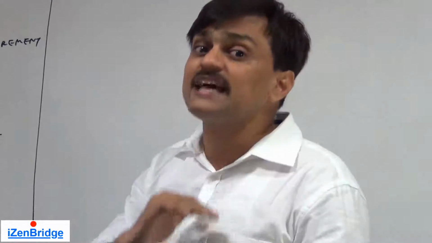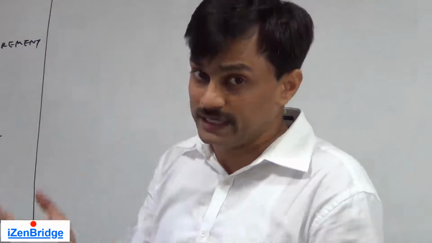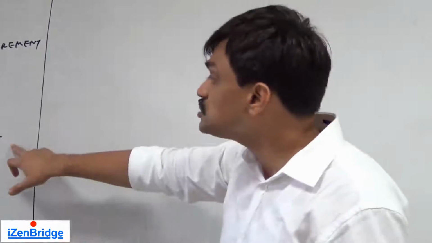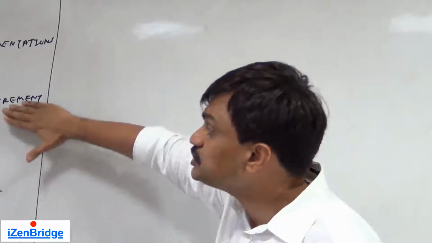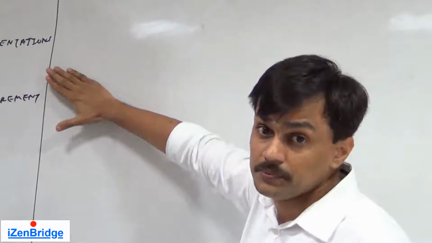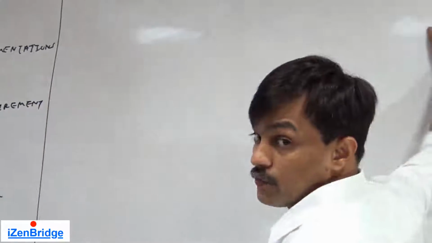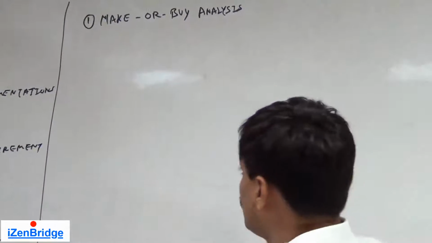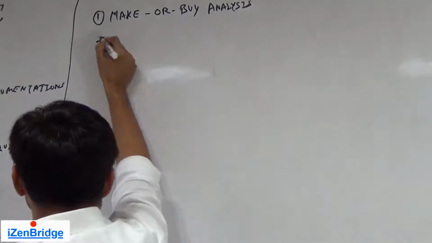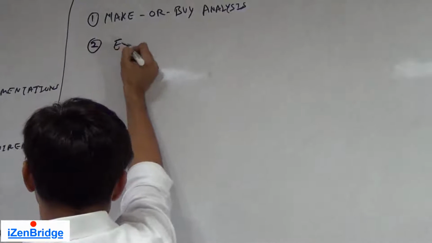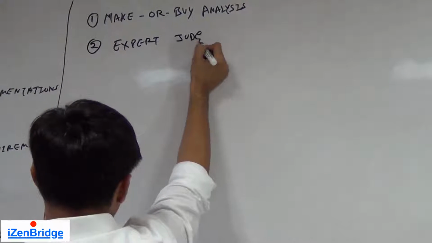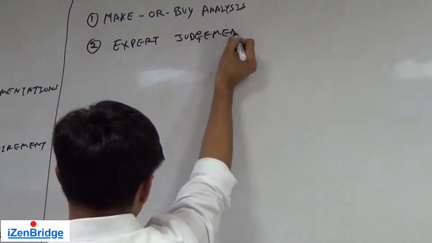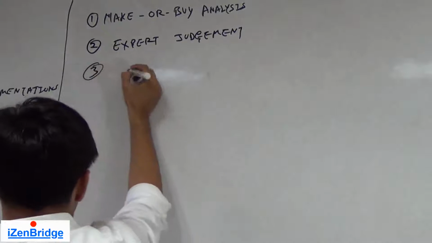So meetings and expert judgment are part of tools and techniques, because we may also need to meet stakeholders. We may need to put an expert judgment on a cost and schedule or a risk register input before we identify what could be bought. So the other tools and techniques for this are expert judgment and meeting.